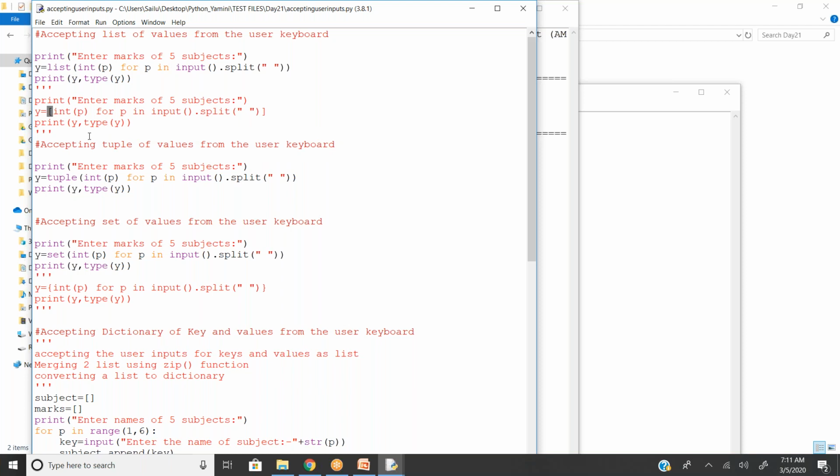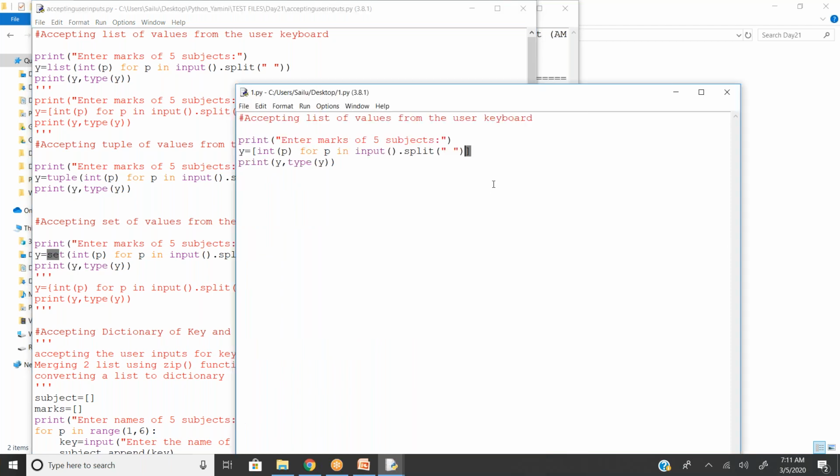Or the marks that you are going to accept from the user, it's not only a list, you can also take it as a tuple. So instead of using a list, I convert it into a tuple. It's not only a tuple, you can also convert it into a set. It's up to you on what basis you want. If you want a set,